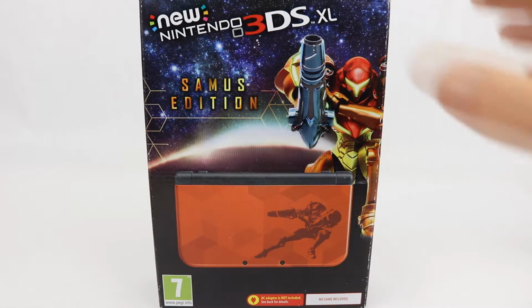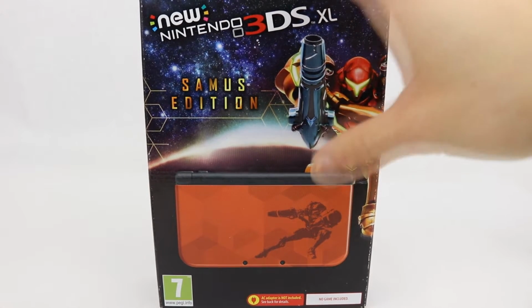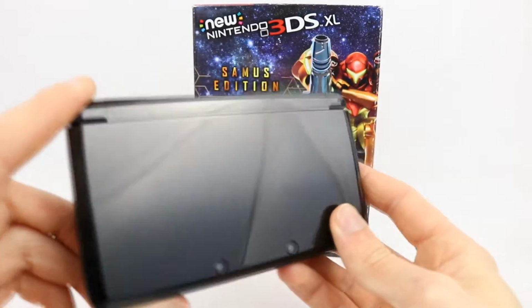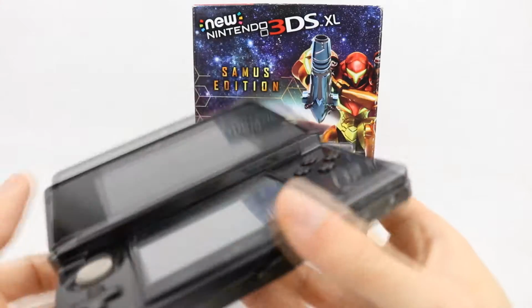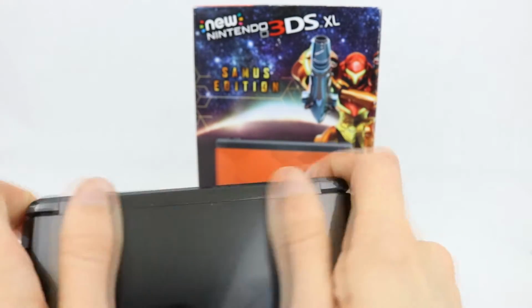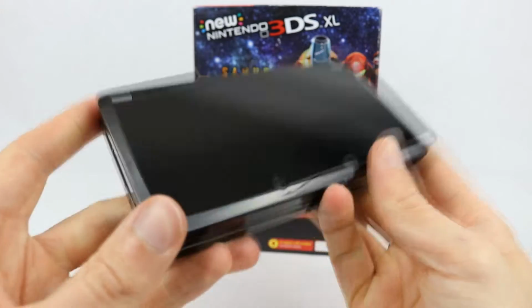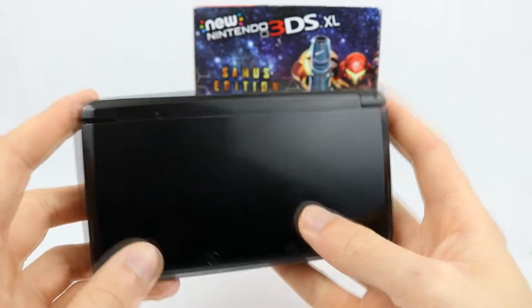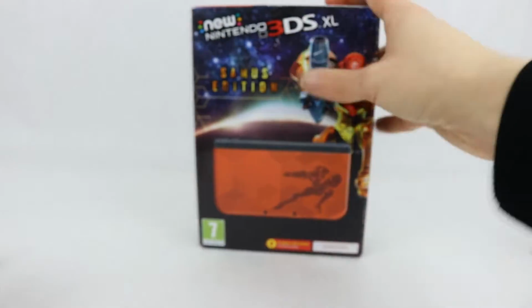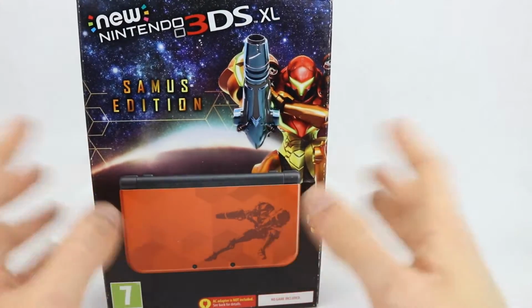Now, I've been wanting a new 3DS XL for quite some time. I've had this Cosmos Black version ever since its release, and I loved it. But I didn't give it all that much of a play. I mean, I still to this day play my Game Boys more than this 3DS. I have various other DS systems that I do like more than that, so I was really happy to get